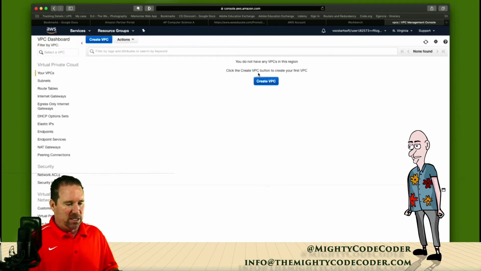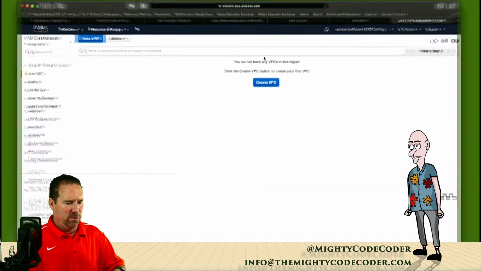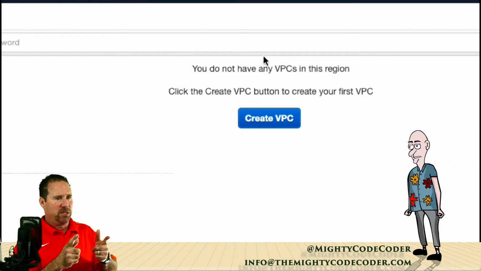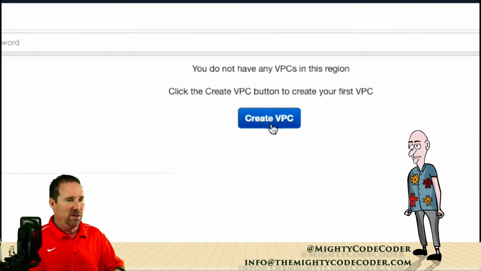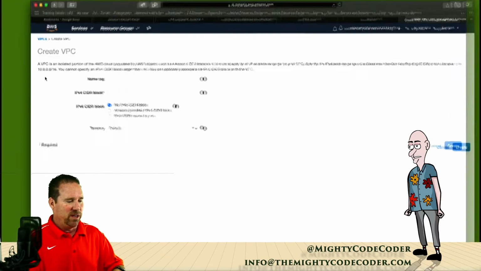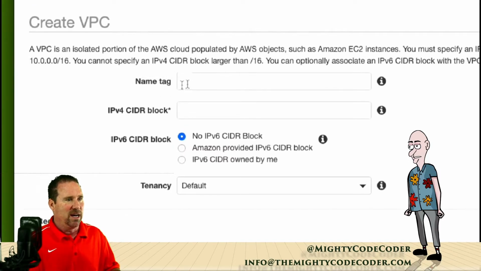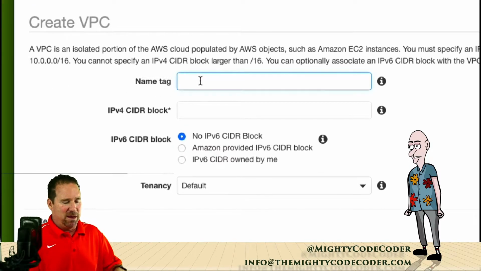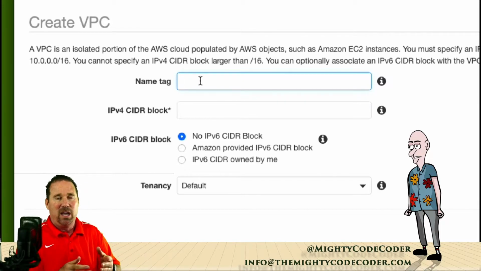So we just basically click on this button here. I'll zoom in a little bit so we make sure everyone can see this, even on your cell phone, if you're watching this from a cell phone. Sometimes I forget to zoom in, forget the people that are on cell phones. It gets tiny. All right, let's first name it. I'm actually making this so we can program in Cloud9. So let's call this my coding